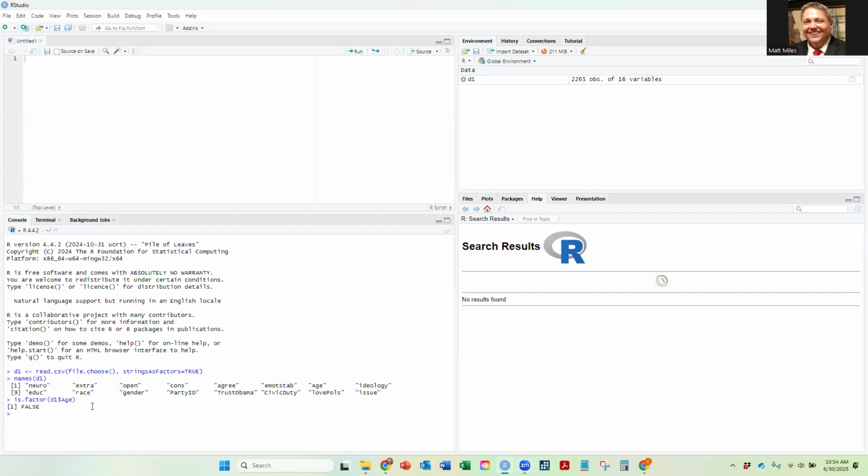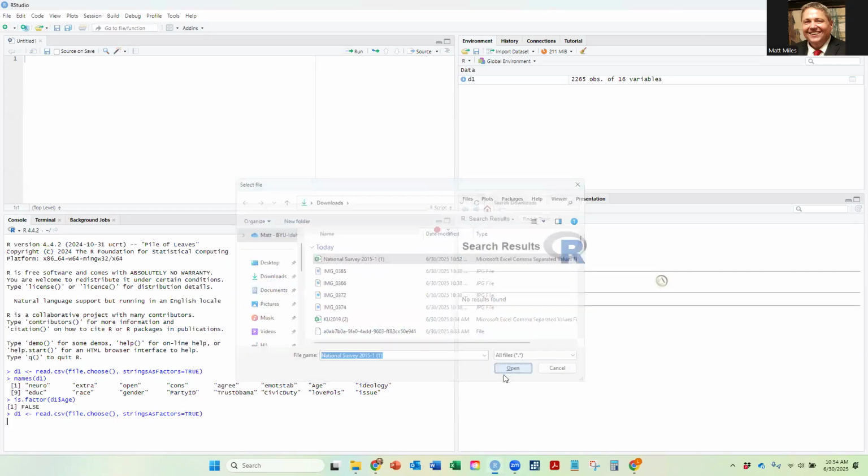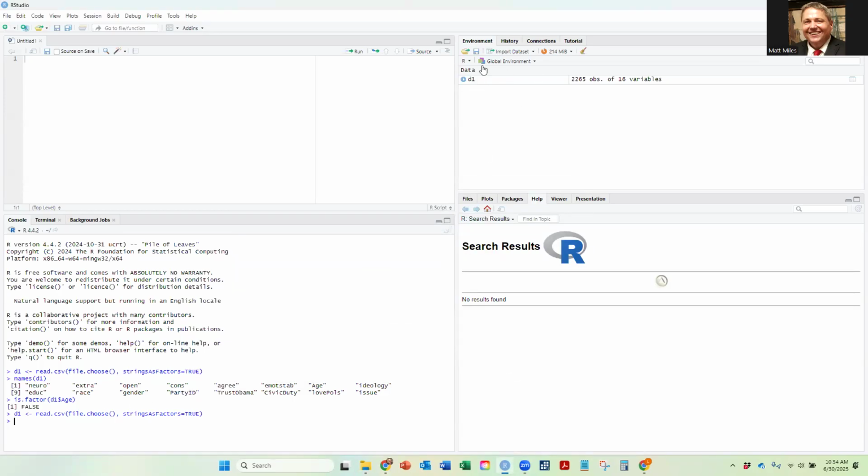So again, I'm going to read in the 2015 National Survey data set. I'm just going to select that from my downloads. And you can see here that I have a data set called D1 with 2,200 observations of 16 variables. If I type in names of D1 to find out the names of the variables, here's my variable age, right? And if I just do a table of that variable,